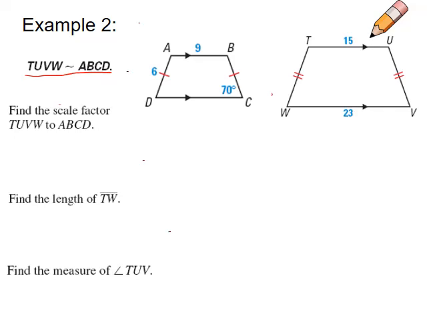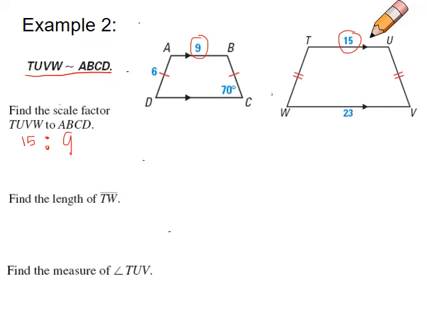So we have to pick a pair of sides that are corresponding to each other. So I'm just going to pick the top, 9 and 15, that we want to set up as a ratio. So we wanted to write the trapezoid TUVW to ABCD. Because I'm referring to the first side length in my bigger trapezoid, I have to write that one first. 15/2, and you can write this as a fraction or with a colon, and then the side that corresponds, which is the side length AB of our other trapezoid. So it's